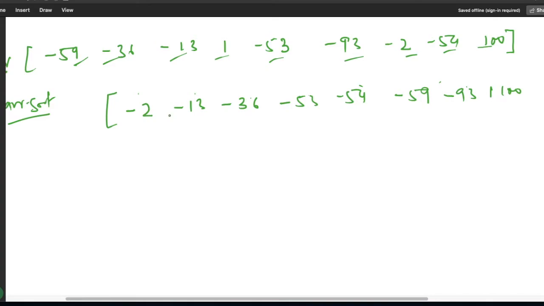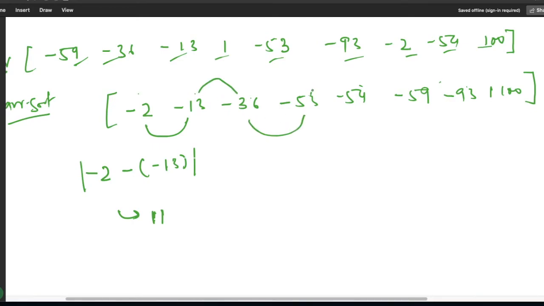So after sorting we got this sorted list. If we just calculate the absolute value from its adjacent element, for these two elements, we will be getting 11. With this pair some value, and with this pair some value.